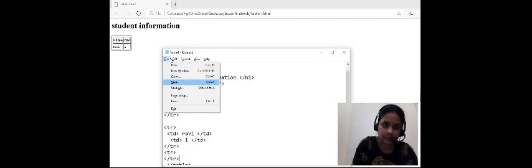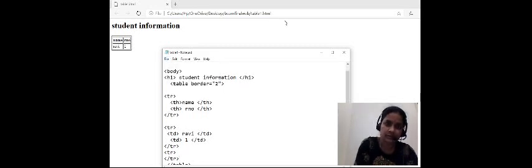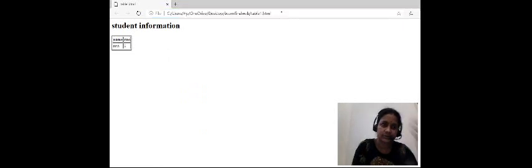Alt F, save. Go to the browser here. That means here row is created but it is not going to show to me.